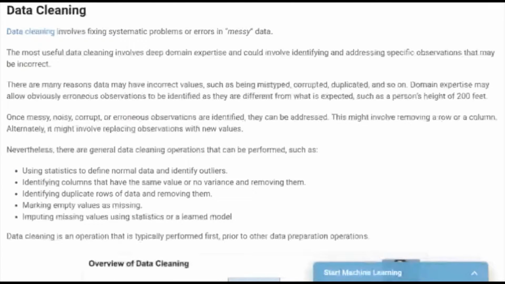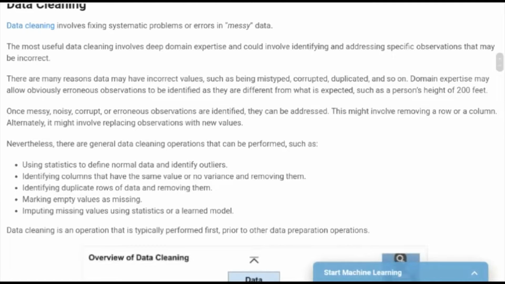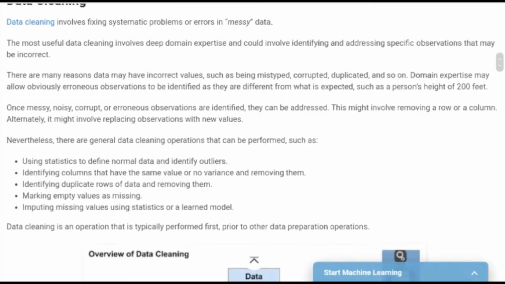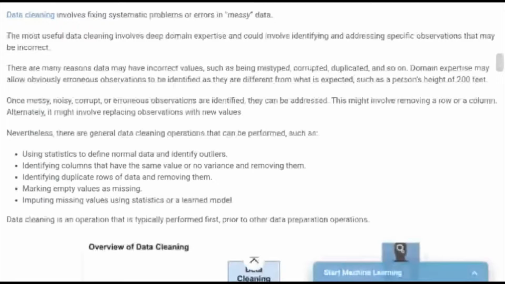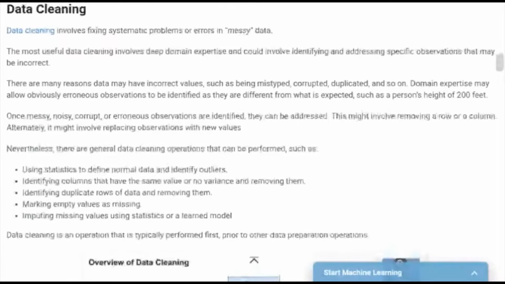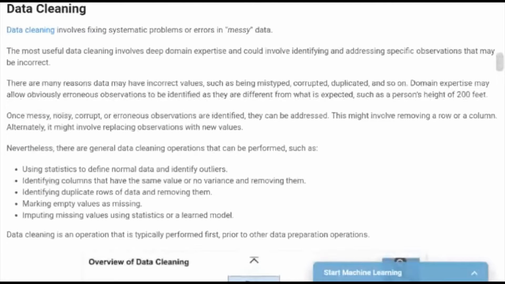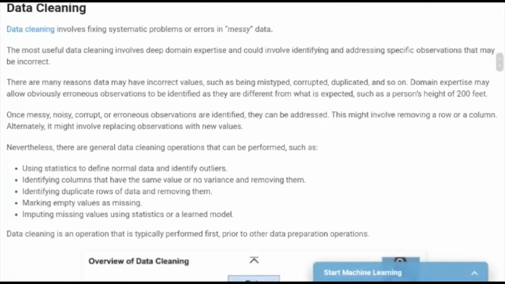In first step, we have discussed how to erase the errors into the data. For this, we will identify the statistics or the errors or the missing values, and we will remove those values from our data. So we will prepare data in a meaningful way so that it can be directly applied to building a machine learning model. So data will contain the noise, the corrupt, the error values.